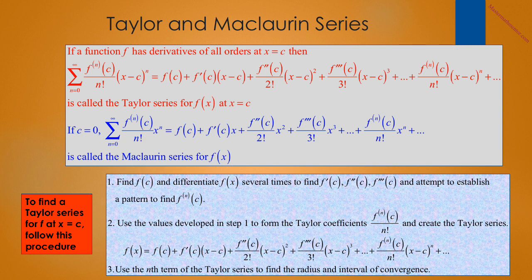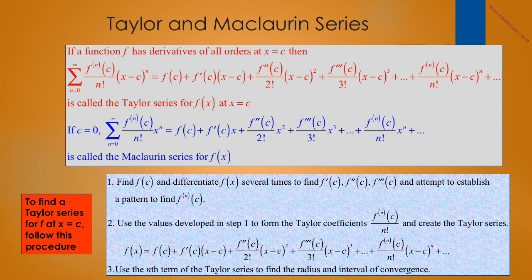We first find f of c and then differentiate f of x several times to find f prime of c, f double prime of c, f triple prime of c, etc. And then attempt to establish some pattern to find the nth derivative at c. We then use those values that we just developed to form the Taylor coefficients, which is the nth derivative at c over n factorial,